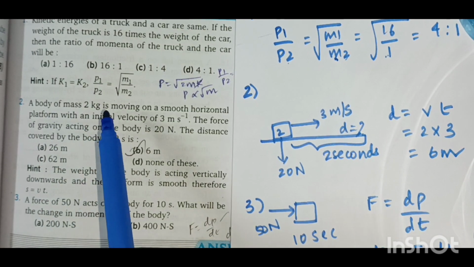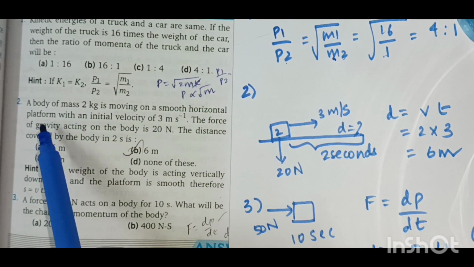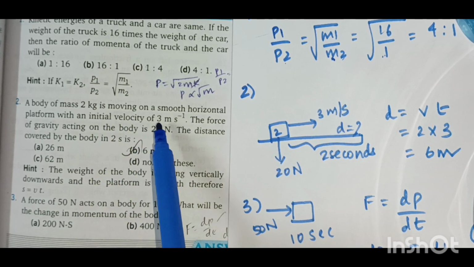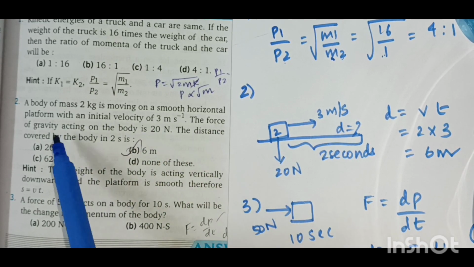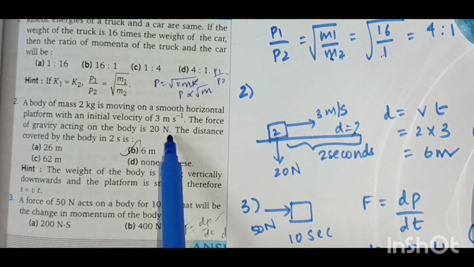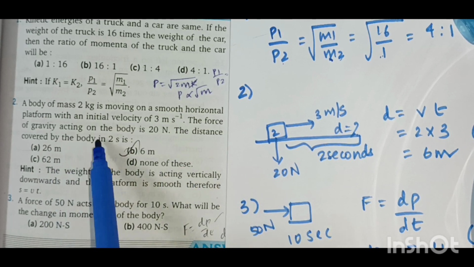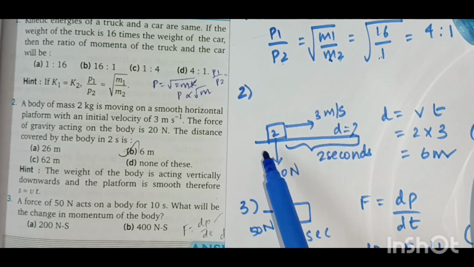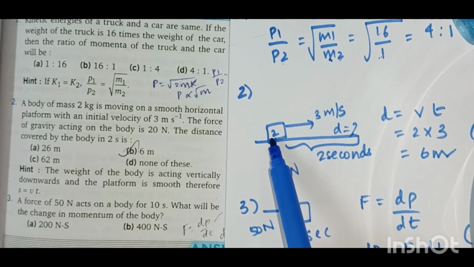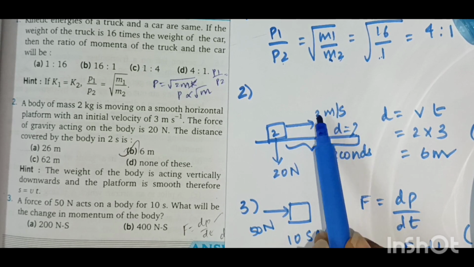A body of mass 2 kg is moving on a smooth horizontal platform with initial velocity 3 meter per second. The force of gravity acting on the body is 20 Newton. The distance covered by the body in 2 seconds. So this is the body of mass 2 kilogram, and it is moving with 3 meter per second,